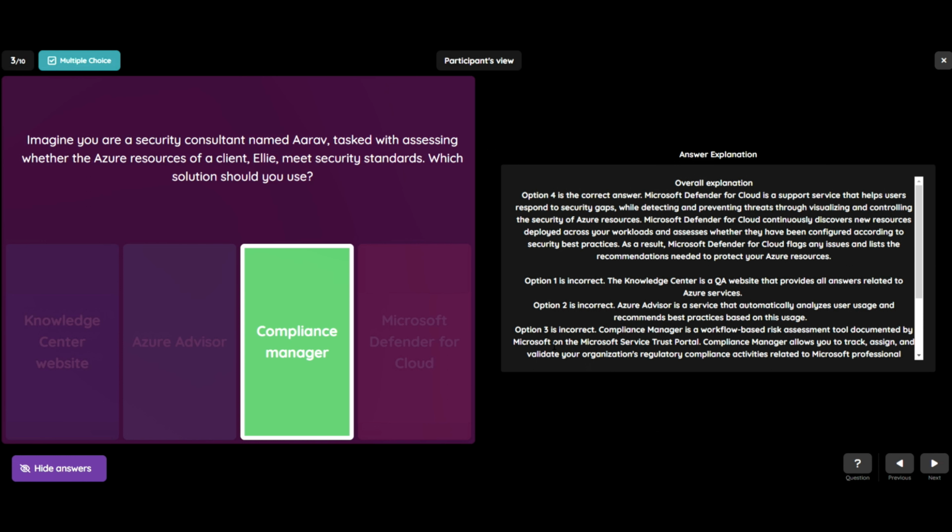So Microsoft Defender for Cloud is a support service that helps users respond to security gaps while detecting and preventing threats through visualizing and controlling the security of Azure resources. Microsoft Defender for Cloud continuously discovers new resources deployed across your workloads and assesses whether they have been configured according to security best practices. As a result, Microsoft Defender for Cloud flags any issues and lists the recommendations needed to